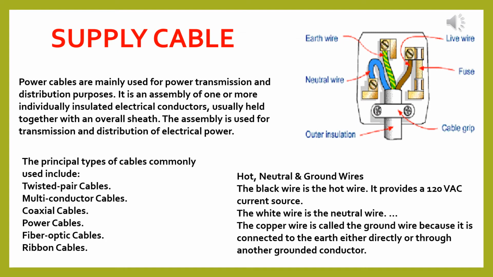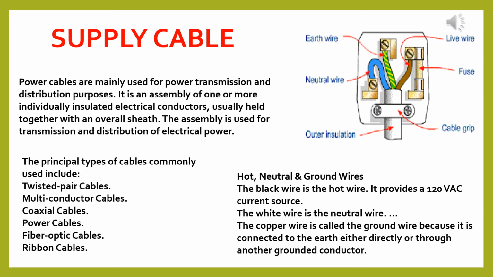Now first I am discussing the different components used in a domestic electrical circuit. First one is supply cable or electric power. The supply of electric power from the power station to a house is done either by overhead wires on poles or through underground cables. The cable has three wires: live or phase wire, neutral wire, and earth wire. The neutral and the earth wires are connected together at the supply station so that these wires are at the same potential, that is 0 volt.